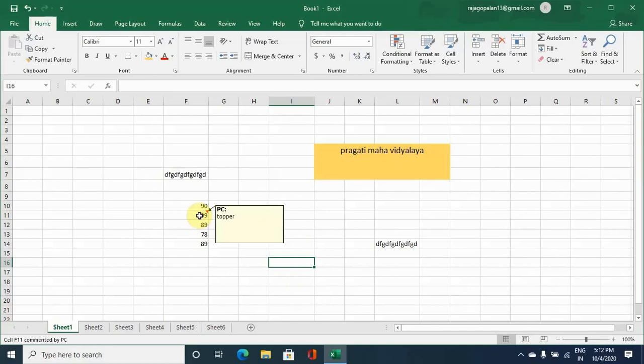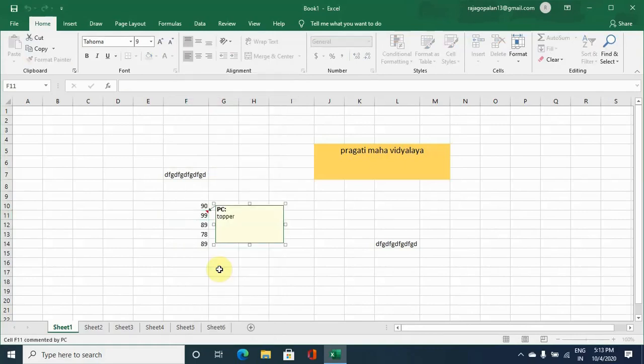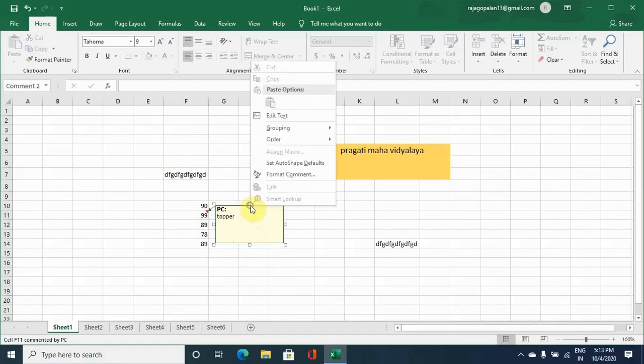Then we can make changes with regard to the format of the comment. Now what you can do is select the cell. When you select the cell, then you go to the option edit comment. So when you make edit, then a dialog box appears. Then on the border of the comment box you find a plus symbol, right click, then you get the format comment option.